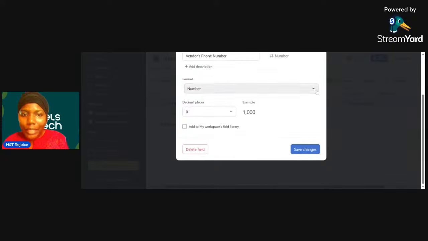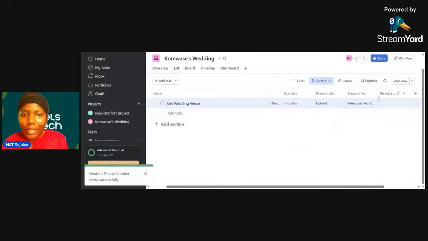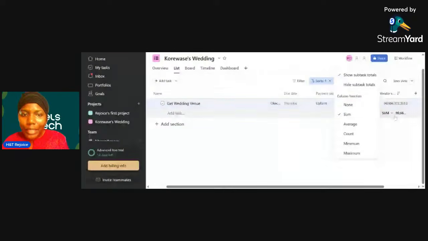Yes, here. So number, that is to say it's only figures it can take. So let's say this is the new number now. It accepted it because it's making it a form of calculation. No, that's not necessary, so we'll remove that.